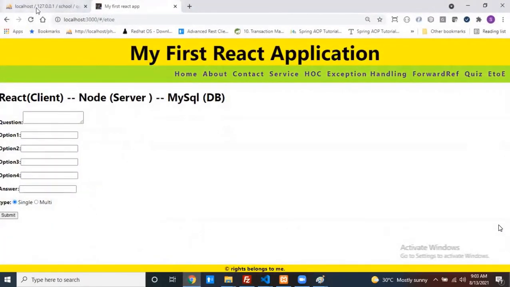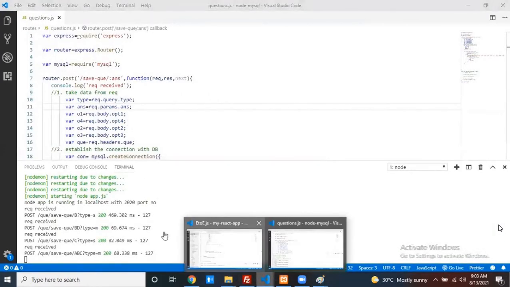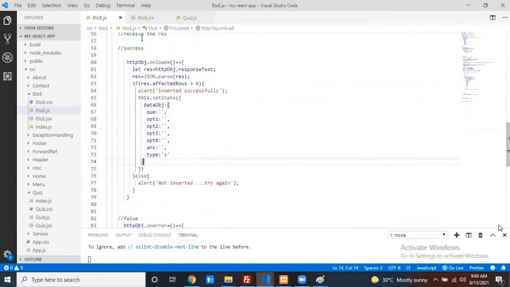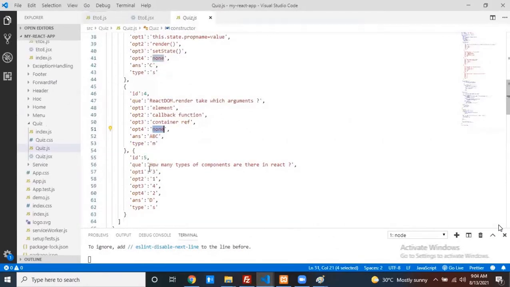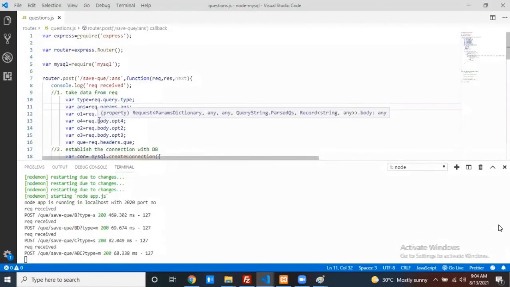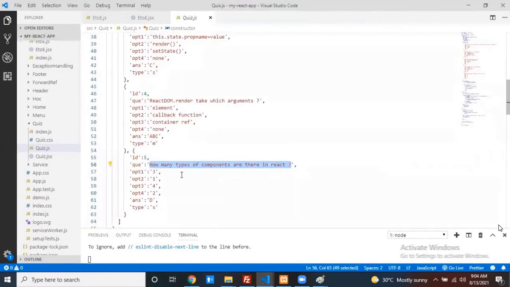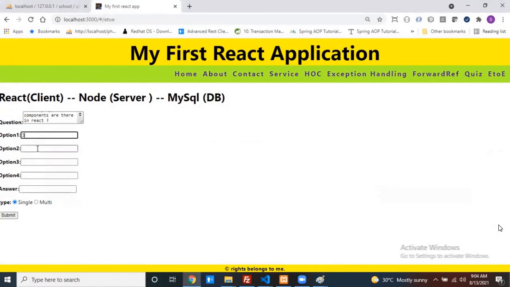Now can we test the next one? Next question is this one. C142.